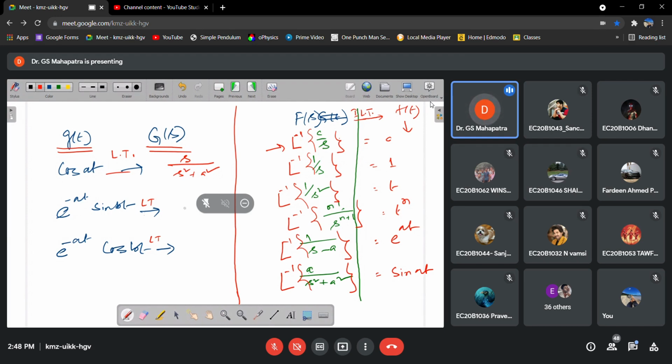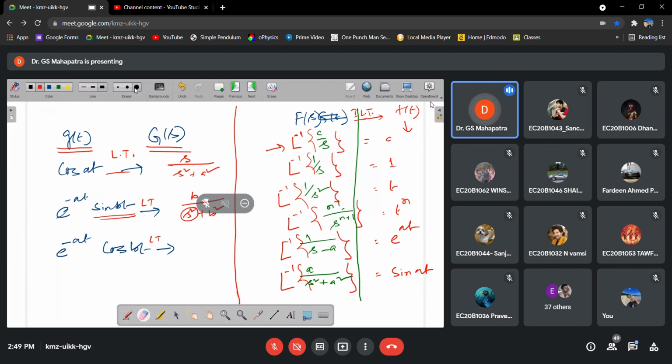Actually you have to write the sine transform, that is b by a square plus b square. What I have written is b by a square plus b square. Whose Laplace transform is this one? Sin bt. Now it is multiplied with e to the power minus at. That means I have done only this part. So one more part is there, e to the power minus at. What is its contribution here? 1 by s plus a. So this should be replaced.